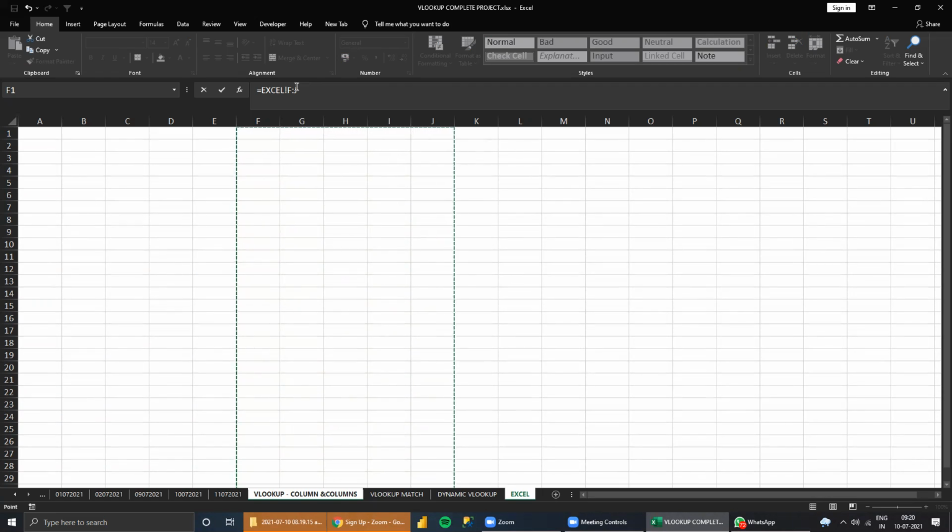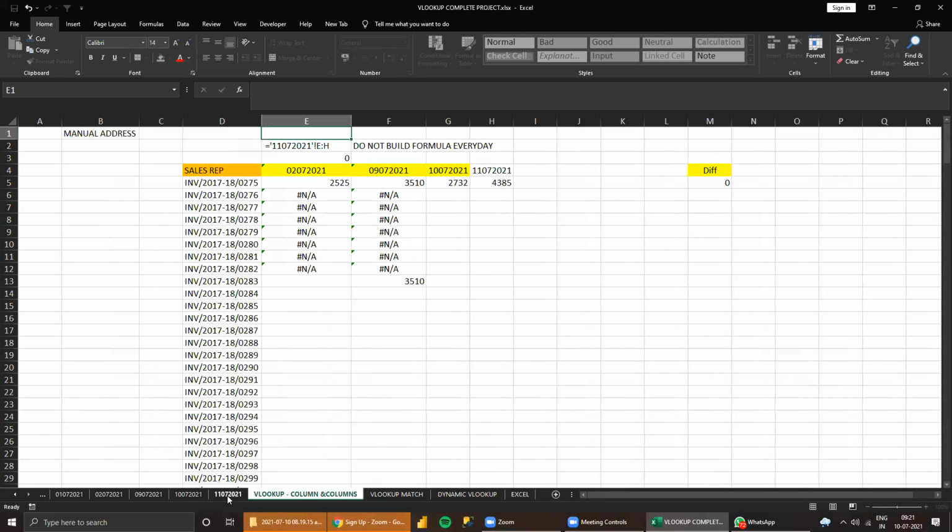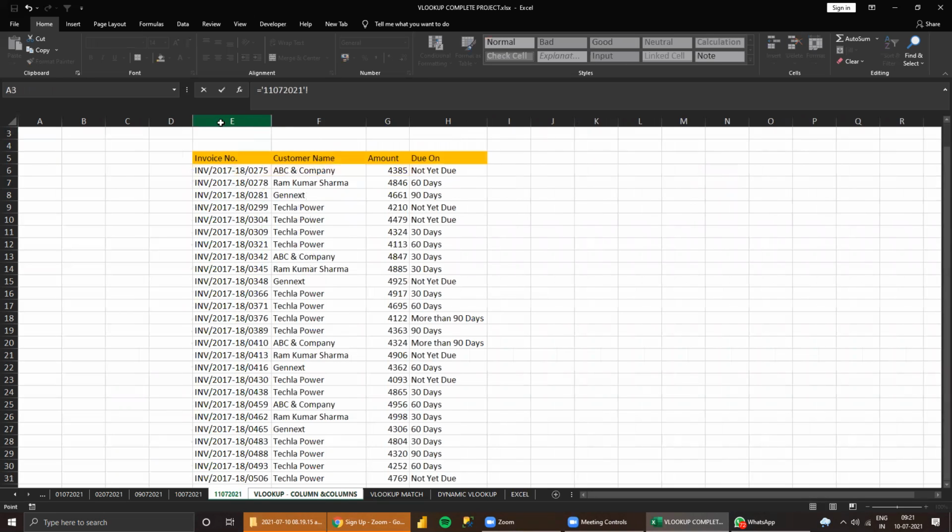Thank you, sir. Sir, when we were doing that in this column, when you put that for 11 July, there I had a doubt. Could you repeat it once again, sir? This one, right? When you were giving the references, I wanted to see once again. After this you made changes, and again the inverted commas.